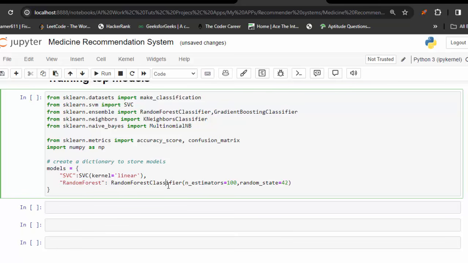रैंडम फॉरेस्ट क्लासीफायर क्या करता है कि इंटरनली बहुत सारे डिसीजन ट्री ट्रेन करता है, जैसे कि यहाँ पे मैंने 100 दिया है, तो ये 100 डिसीजन ट्री ट्रेन करेगा। ठीक है, और फिर यहाँ पे इसका इंटरनल वोटिंग क्लासीफायर होता है, तो कुछ इस तरह सीन होता है इसके अंदर, आप इसको अलग से देख सकते हो।